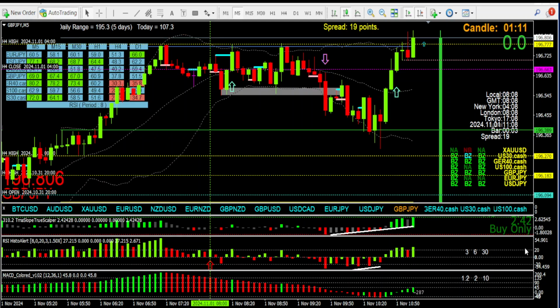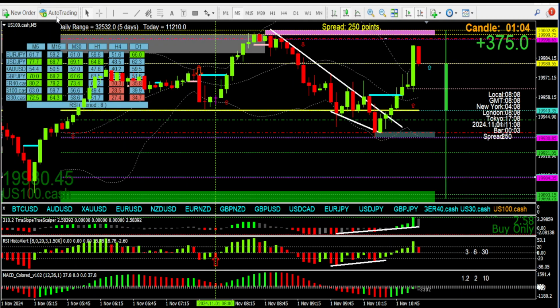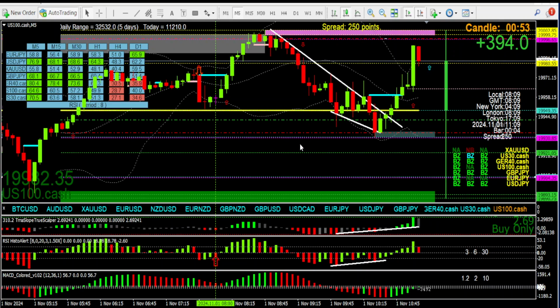Hello traders, I was looking at the divergence on US 100, then got sidetracked and interrupted, looking at GJ. So back to my original trade from this morning, and I wanted to make this point to show you how easy this is. The GJ